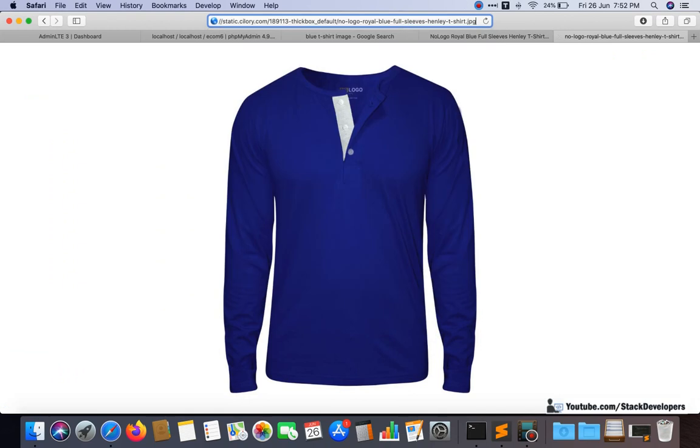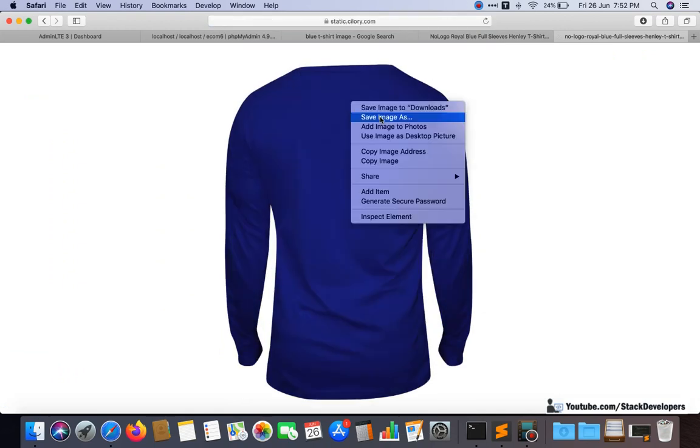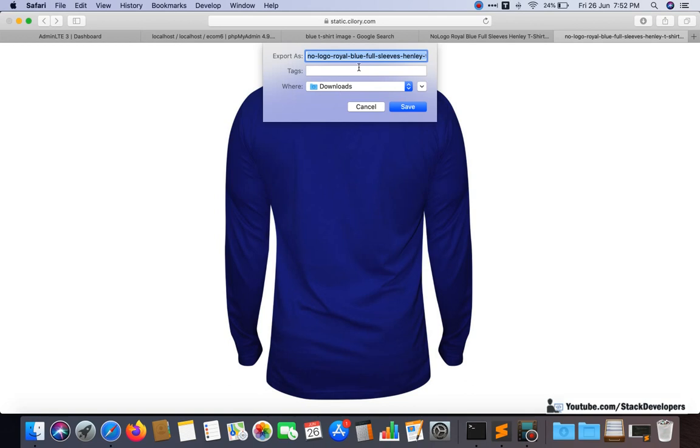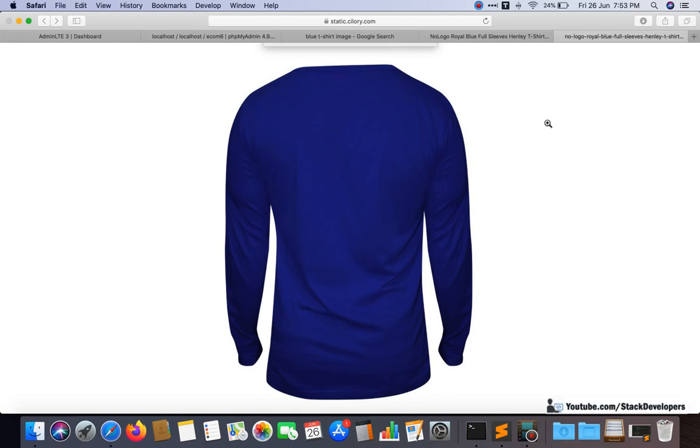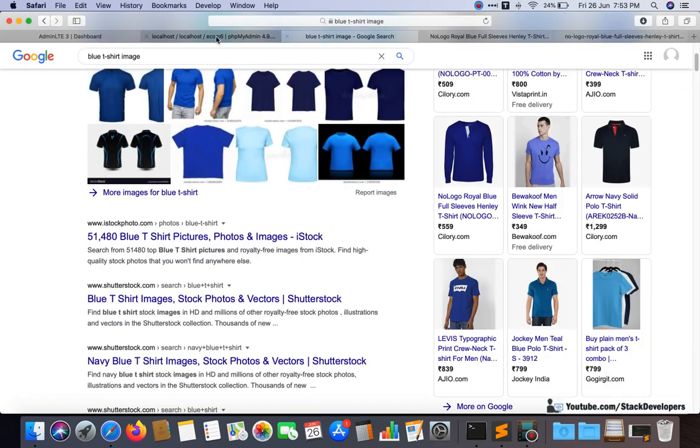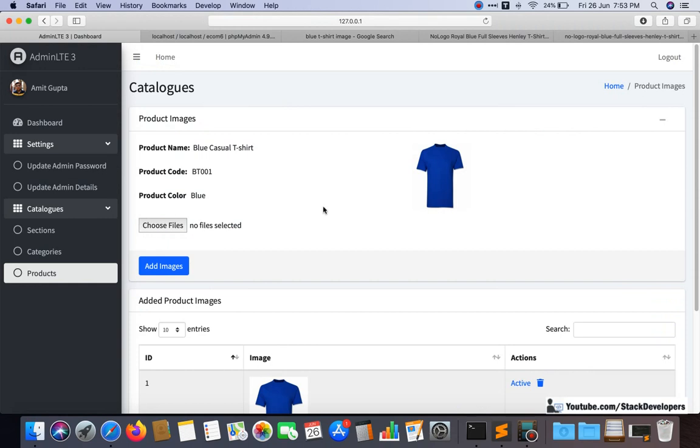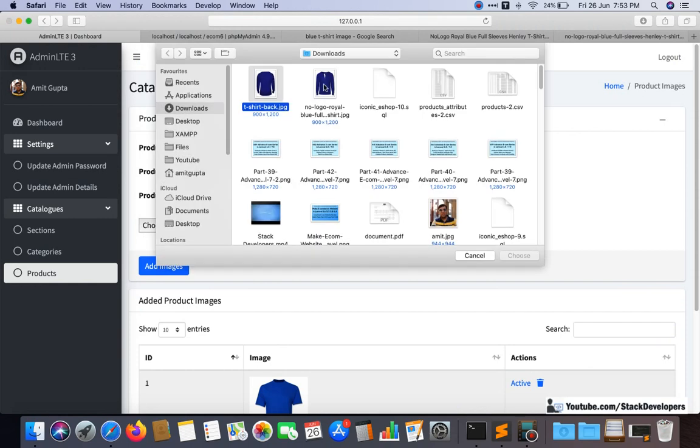Back image, Save Image As, and we take the back image as well, t-shirt back. So these two images we have copied, and I want to add these two images. I will just choose these two images.